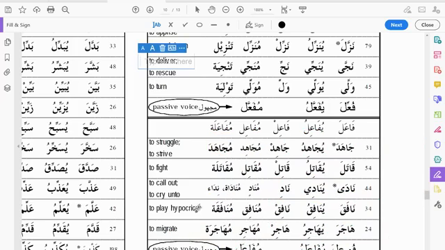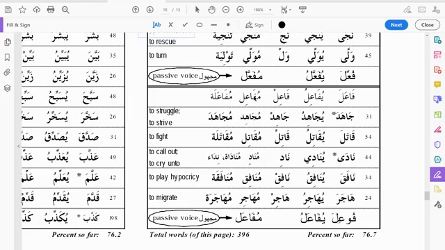الهجرة is different than المهاجرة, because الهجرة is the immigration itself, but المهاجرون are the people that migrated. That's why they used to say اللهم ارحم الأنصار والمهاجرين. المهاجرون, those that migrated to Medina.